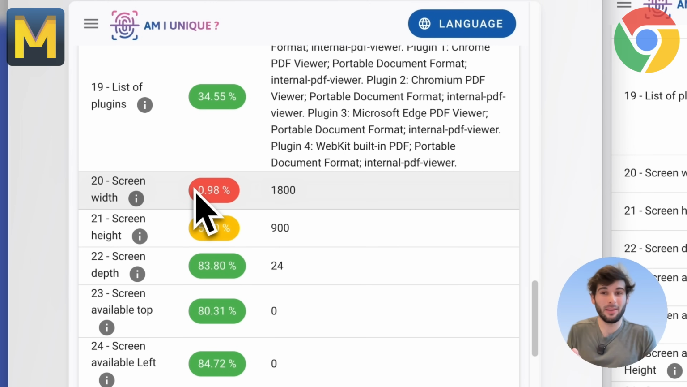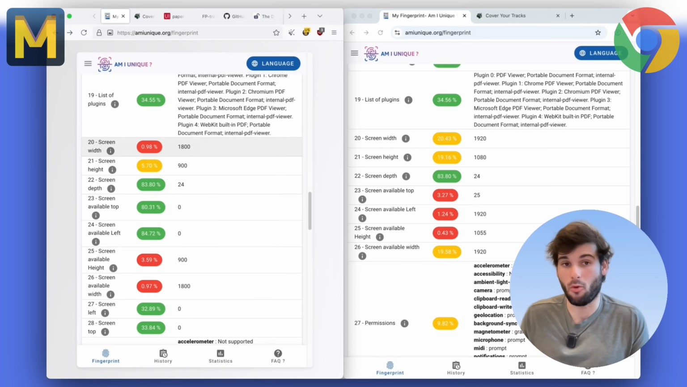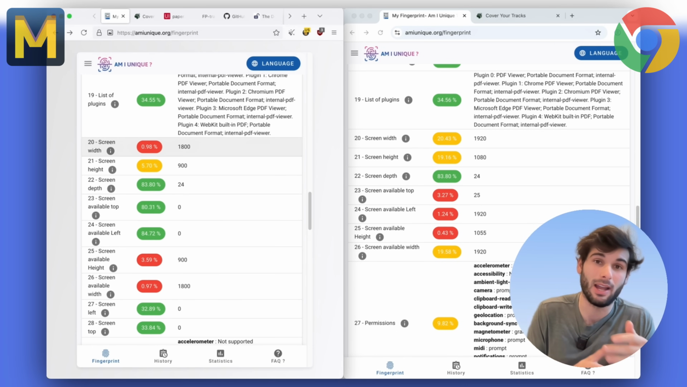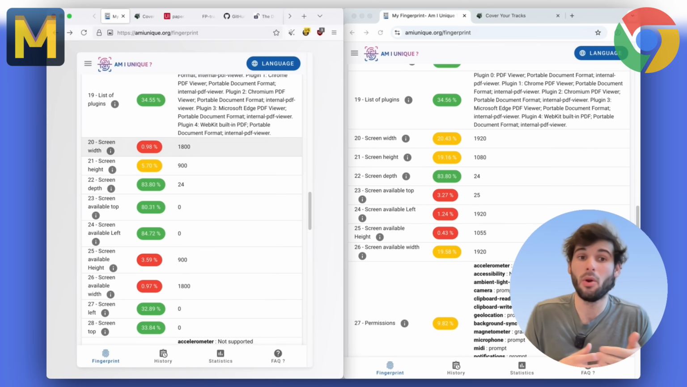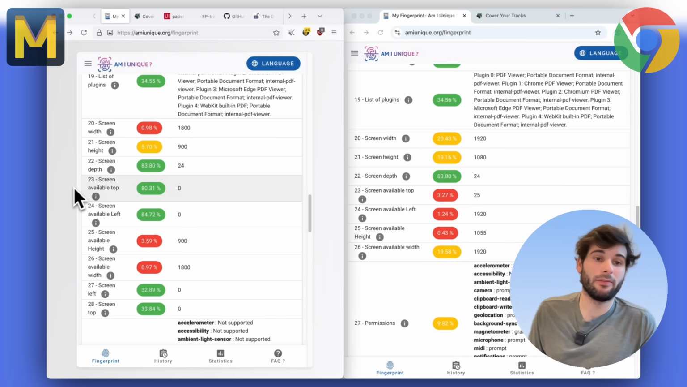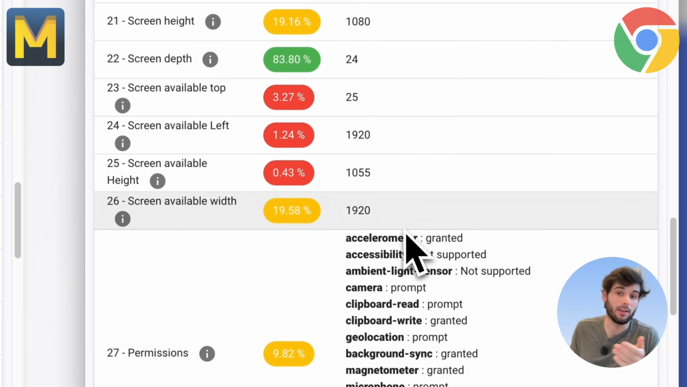Screen width is another thing that might be slightly misleading, because the similarity score is a lot lower, which might be bad because that means you're standing out more. But this is actually called letterboxing, and it's a really important technique to hide the true dimensions of your window, which actually might be good in a lot of contexts. You'll also see screen available top and left are always set to 0, whereas over on Chrome, that's a uniquely